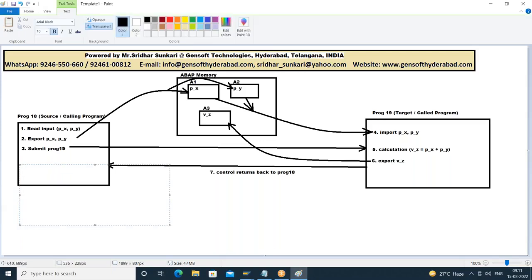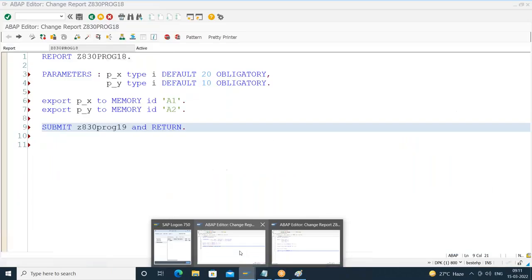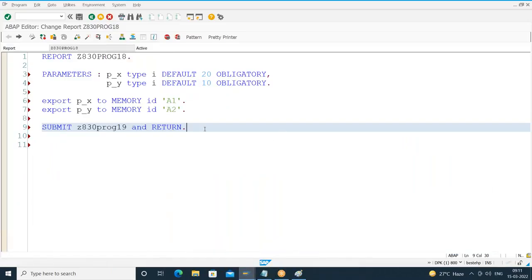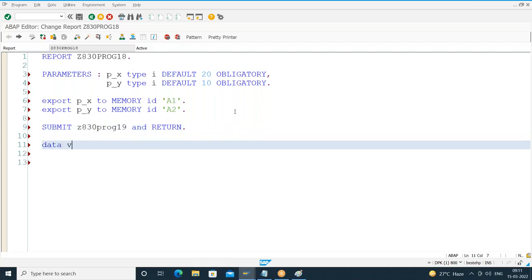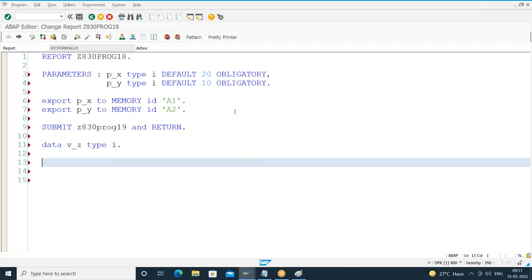So what I'll do here in program 18, after that, I have to import the value which is there in the ABAP memory. So I require that variable. Let me declare that same variable, v underscore z type I. In the 18th program we have to import v underscore z from memory ID. What is the identification? A3. A3. So this import statement gets